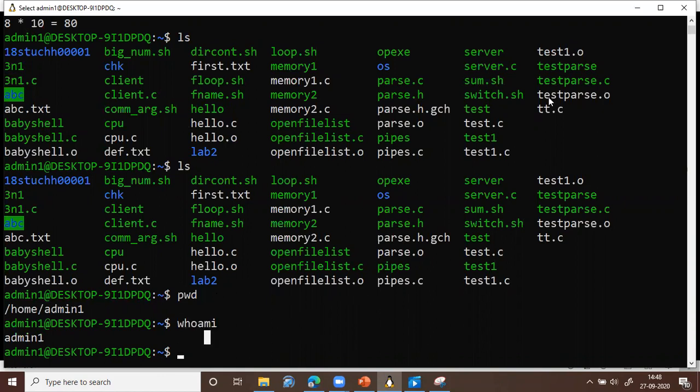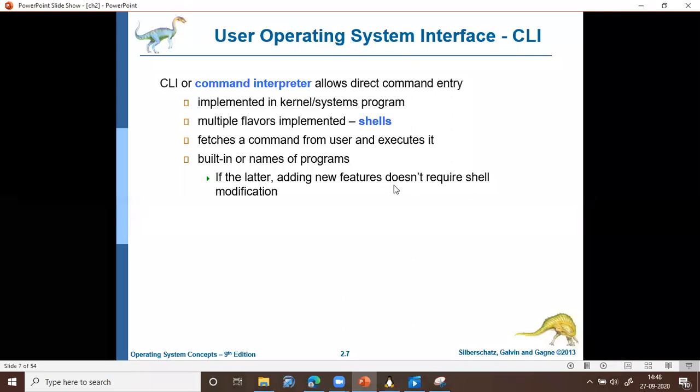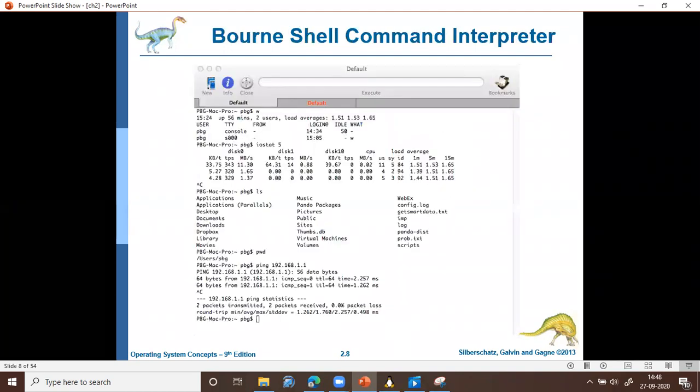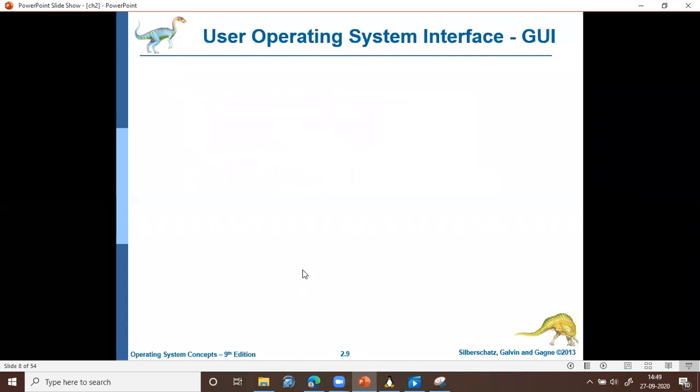The second style of implementation, calling programs by names, is much more effective, because if you want to add any new features, you need not modify the shell. You can just add a new program without tampering with the shell. This is a typical output from a command line interface on a Linux based system. Different commands were given like ls, pwd, and so on.